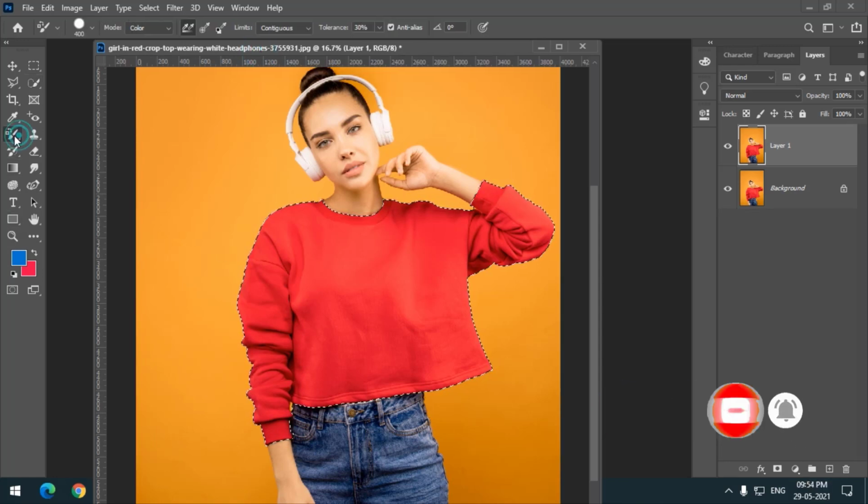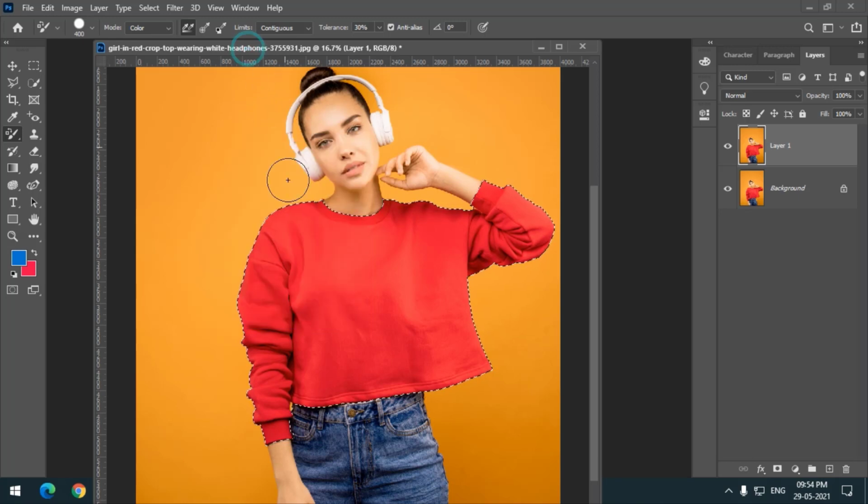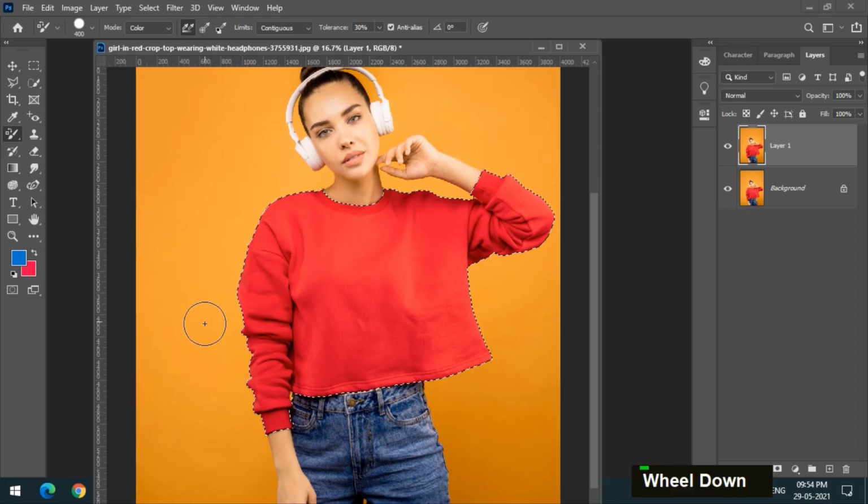Again, I will choose the color replacement tool. Hardness, spacing and size really don't matter here because we have made a selection, so there is no fear of replacing the color of extra areas that we didn't want. Now remember, I am not releasing the left mouse button.